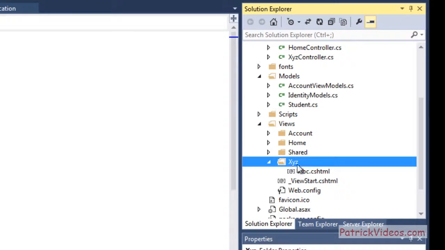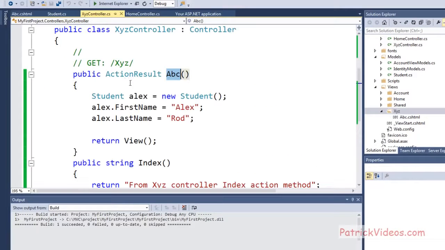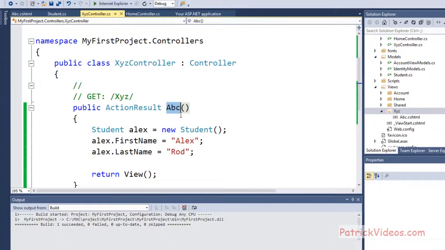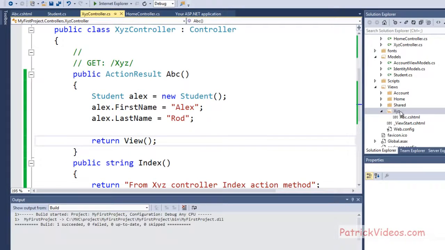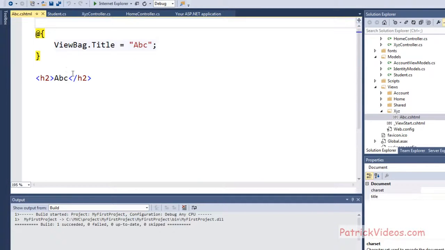If you remember, this XYZ matches the controller name wherever this action method was. This may sound a bit confusing in the beginning. Don't worry, as and when we create more views and more models, this will become very simple and easy to understand. In this abc.cshtml page, instead of this ABC, let us say something like,